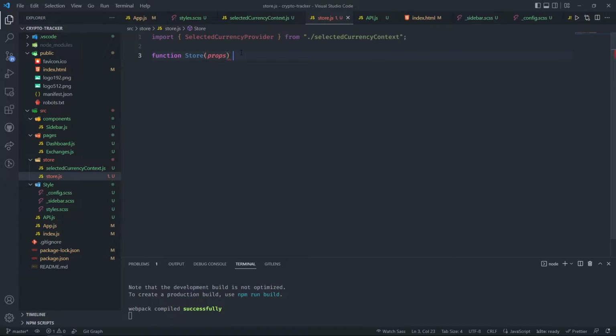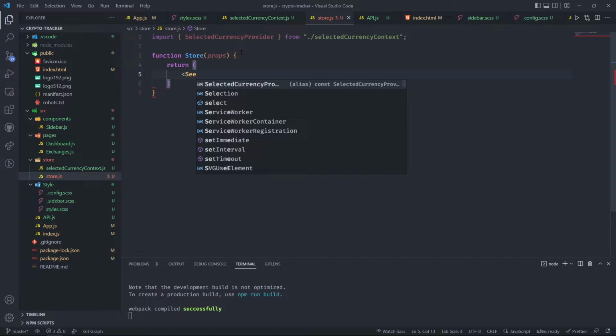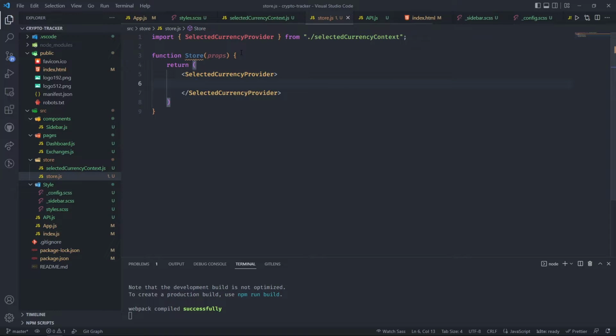It will be a component, and here we will return the selected currency, and then between them we can set the props.children. And by doing this we can wrap this component around the other components. We also need to export this store,